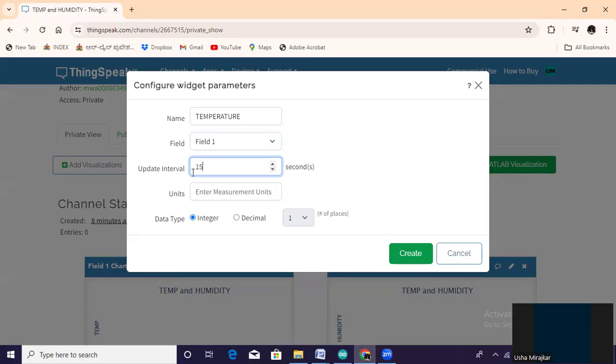The measurement unit I will take as Celsius. Now the data type is decimal, two places. Then create.